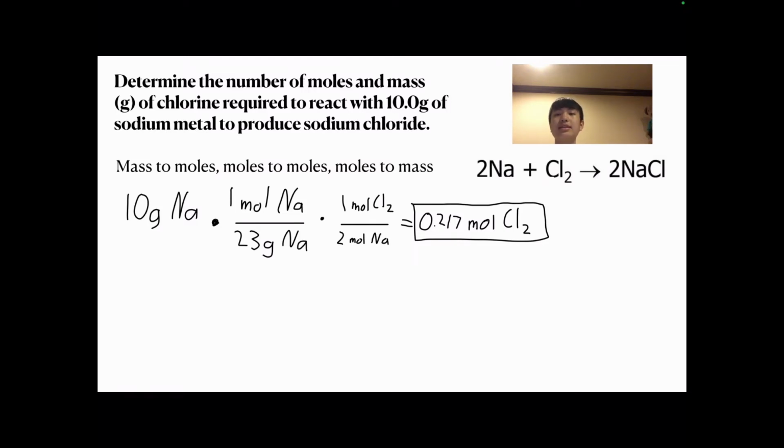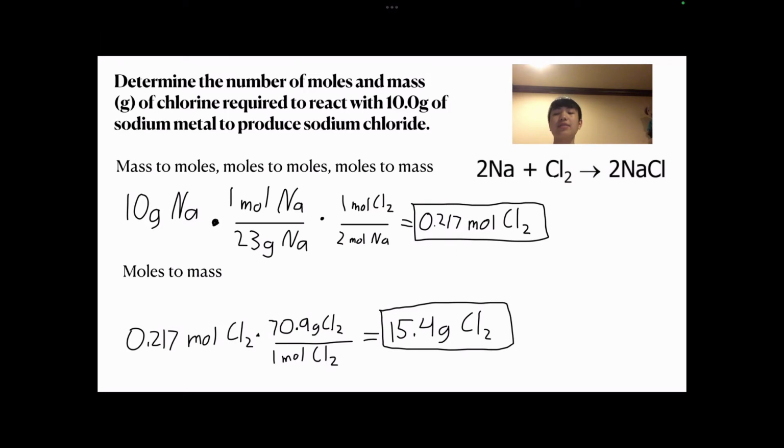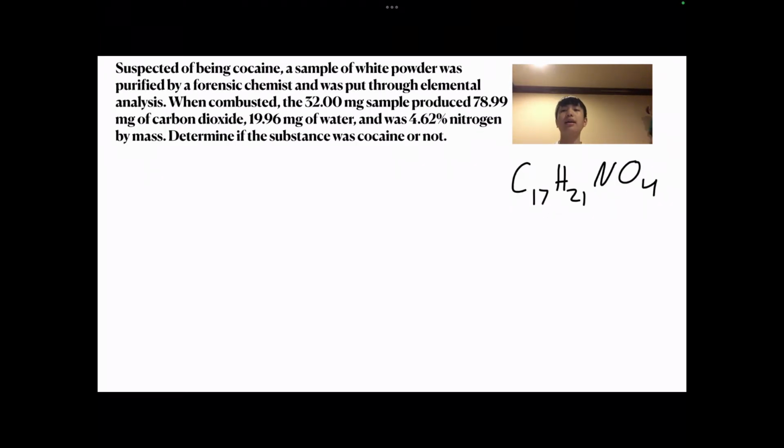Now, it's the easy part. You just multiply 0.217 moles of chlorine by the molar mass of chlorine, and you should get 15.4 grams of chlorine. In this example, we're investigating a white powder found at a crime scene, and we're given different measurements of